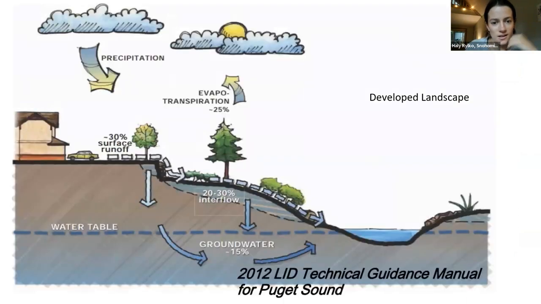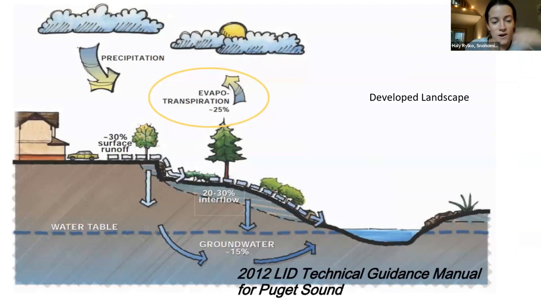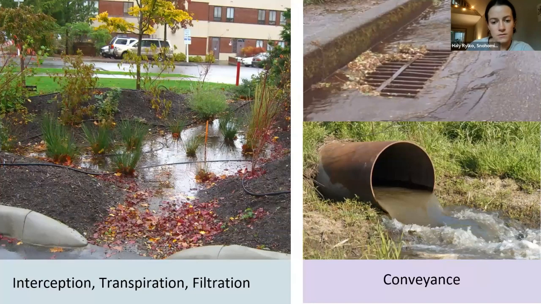In contrast to how rain interacts with the developed landscape, there's far less evapotranspiration and interception of rain. There's far less recharge of the groundwater table, and a lot of that water is being taken away via surface runoff. So the trend in losing the interception, transpiration, and filtration of that rain system in the forested landscape to a system of conveyance brings up two critical issues of